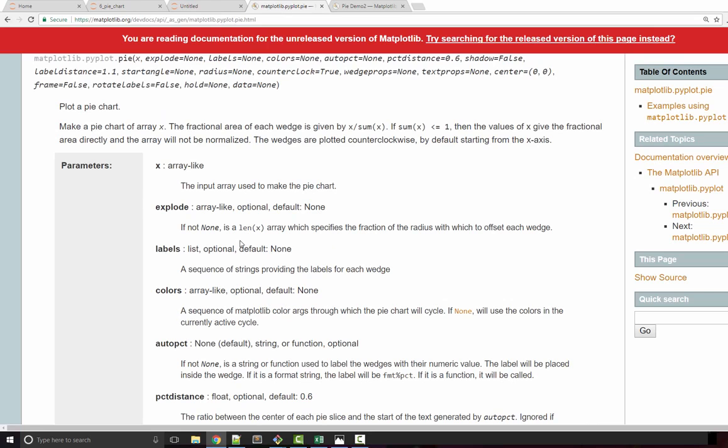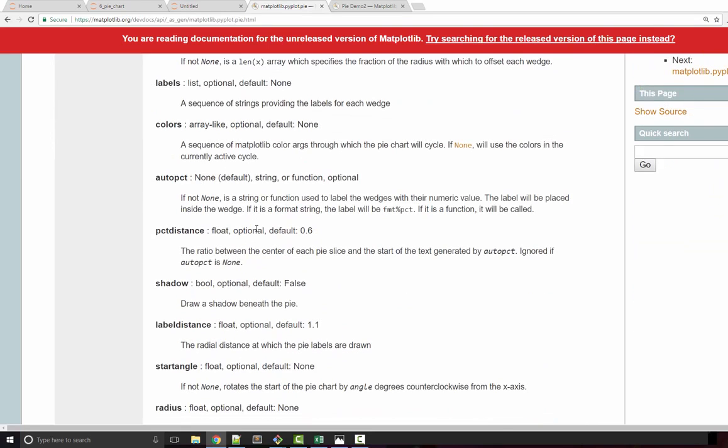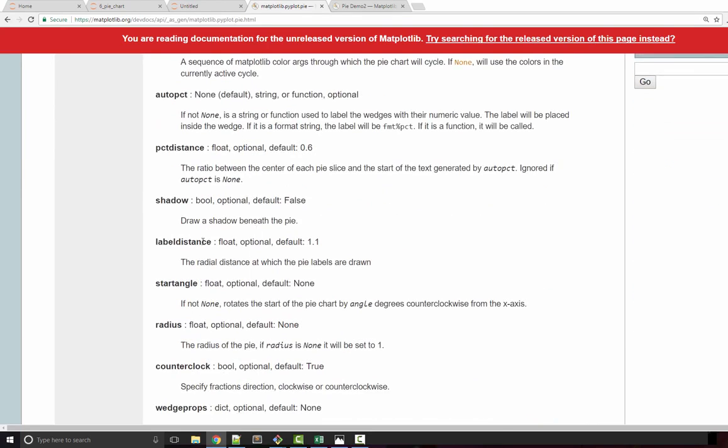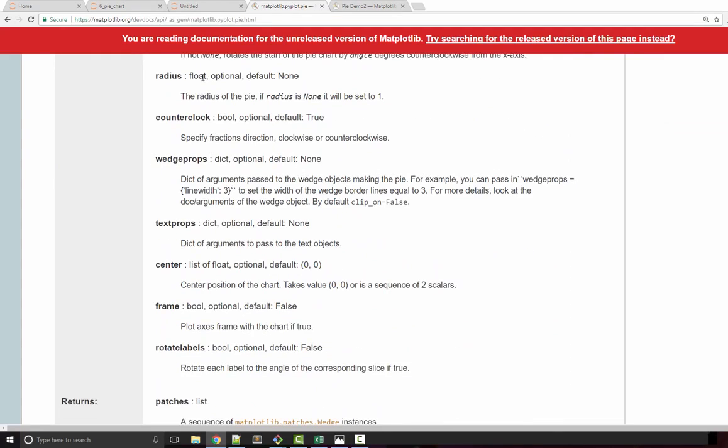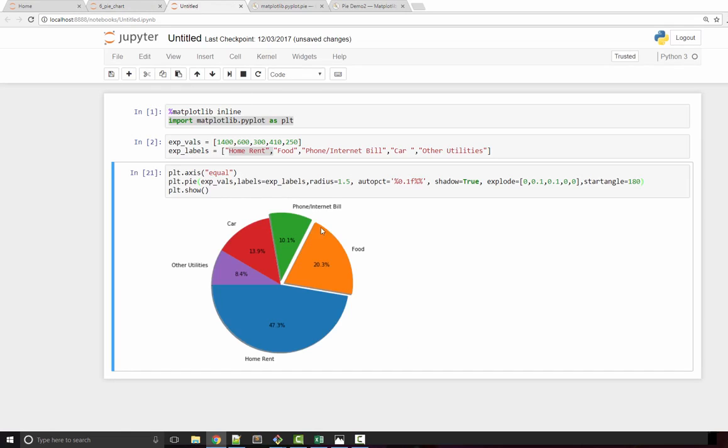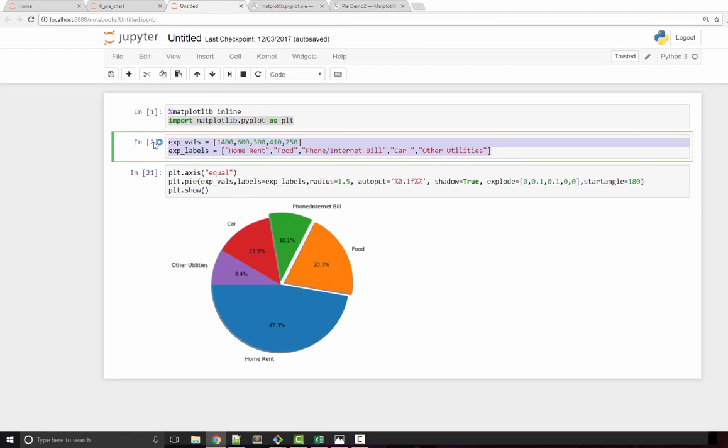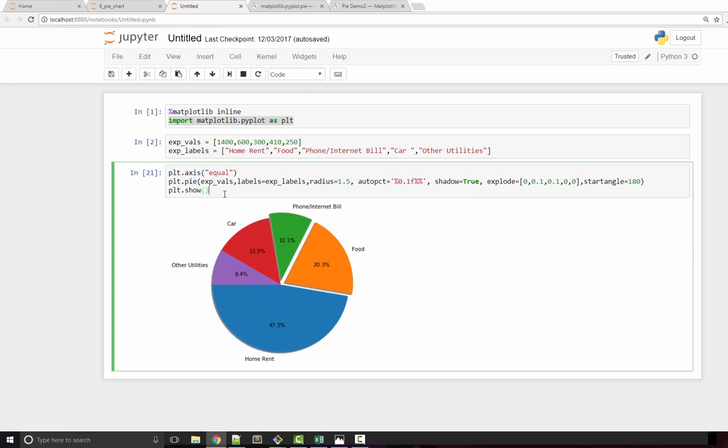You can further explore the documentation for pie and try out these different properties. I just wanted to show you quickly how you can plot a basic pie chart. Okay, now I'm supplying lists here. You can use a pandas data frame or a numpy array. Most of the time your data will be in a CSV file or Excel file, so you can just import it into a pandas data frame or numpy array and supply that into the plt.pie arguments, and it should